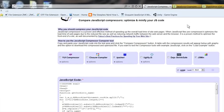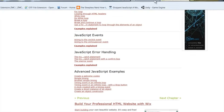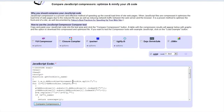Now, I went to the W3 Schools website, which is a web programming standards and school. It gives lots of tutorial information on how to do web programming, and they have all sorts of example JavaScripts and JavaScript snippets that you can use, and that's what I did. I just grabbed some of those, and then you just cut and paste it into the browser here,